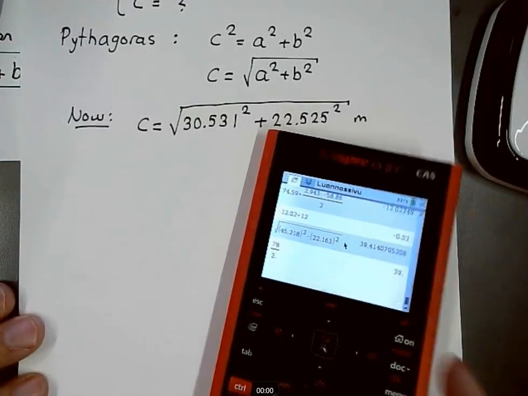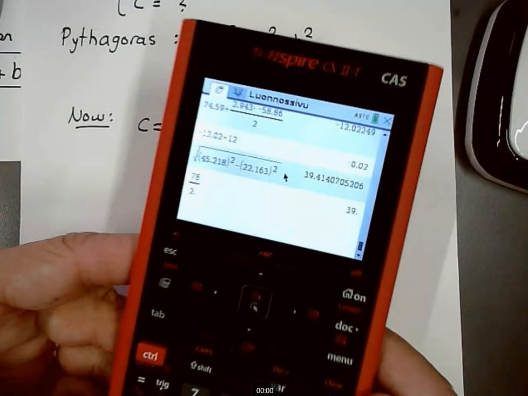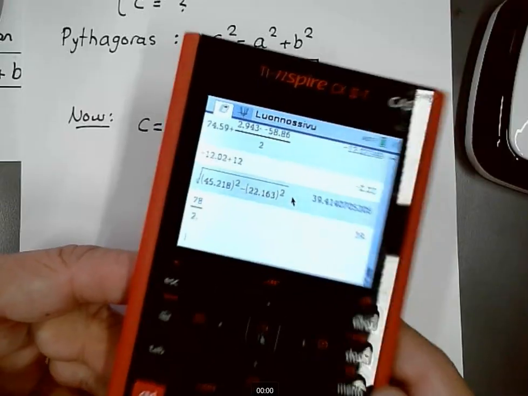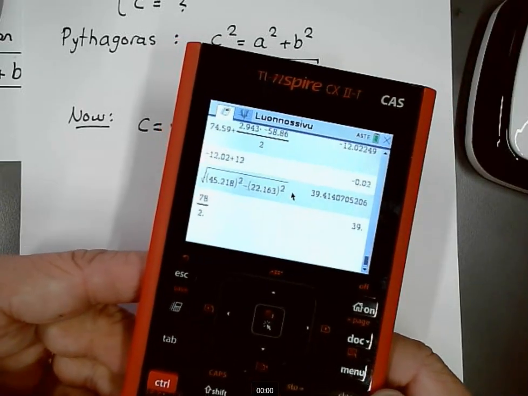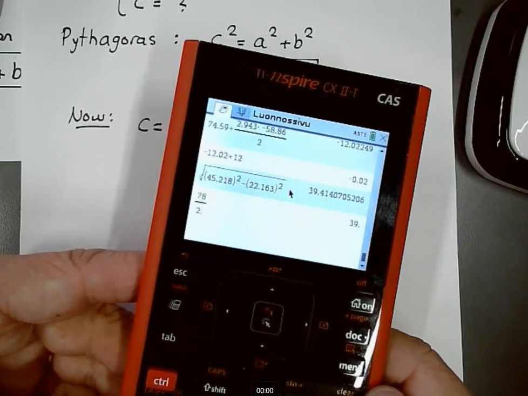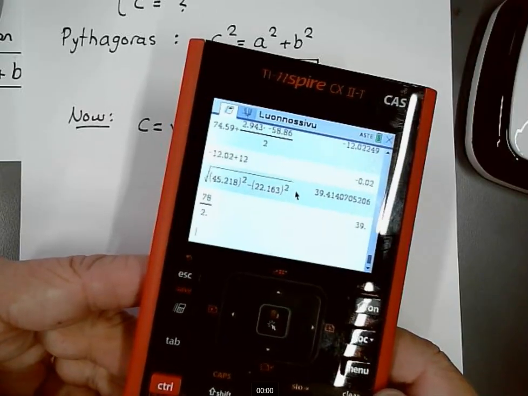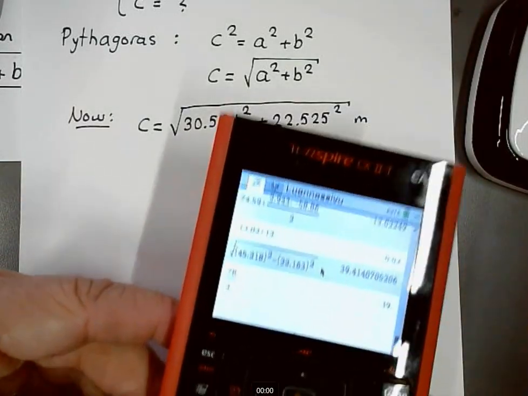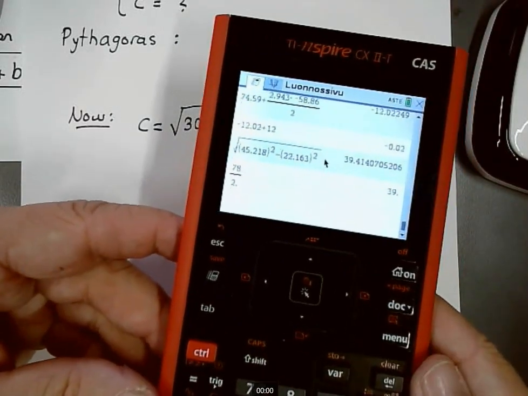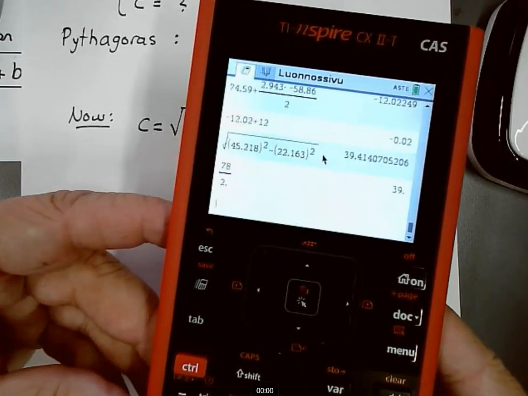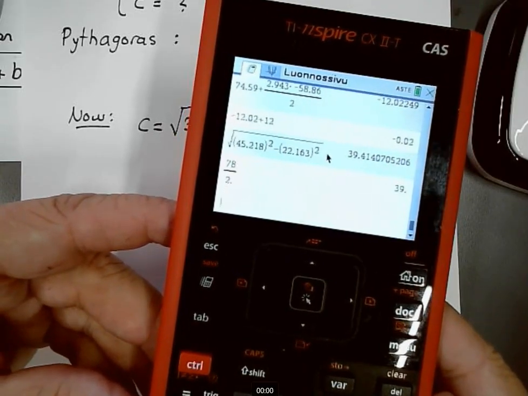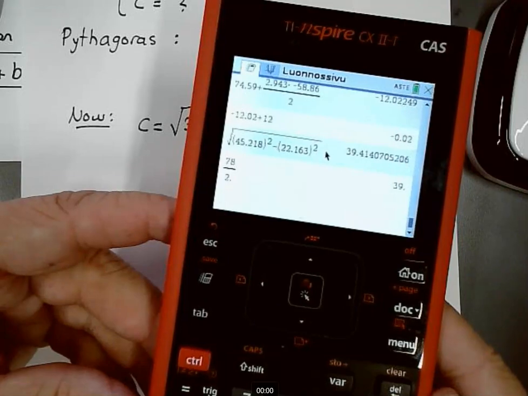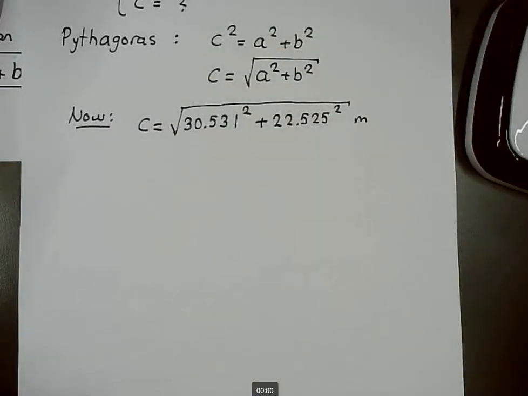It depends on your calculator, how you solve this. This calculator, which I have here now in my hand, gives you the possibility to write the mathematical expression exactly like it is written in paper or book. So you may use this square root there like that. But for example, more simple calculators,